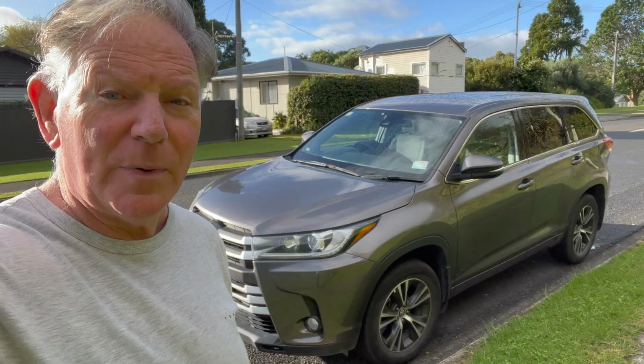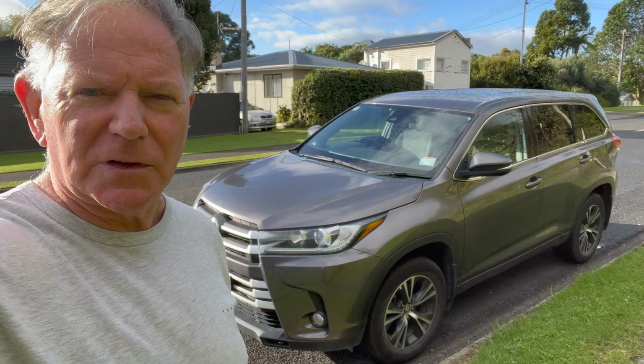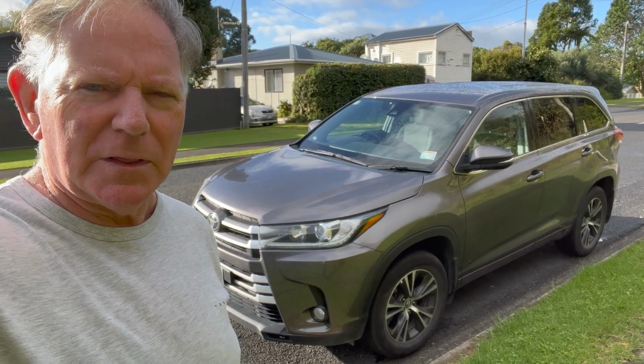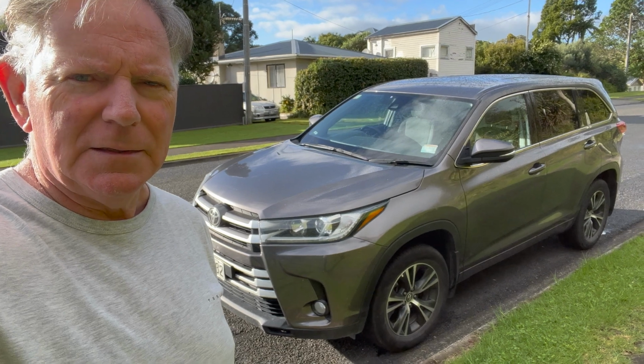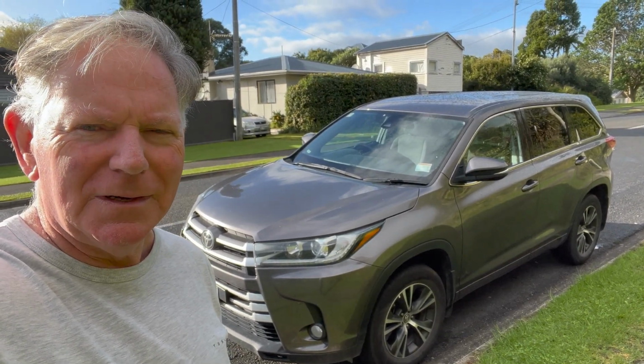G'day. I'm back in New Zealand, in New Plymouth, for my granddaughter's birthday. And the folks at Apex Rentals have hired me this Toyota Highlander. It's an ICE vehicle. It's been quite a while since I've driven an ICE vehicle, so let me take you